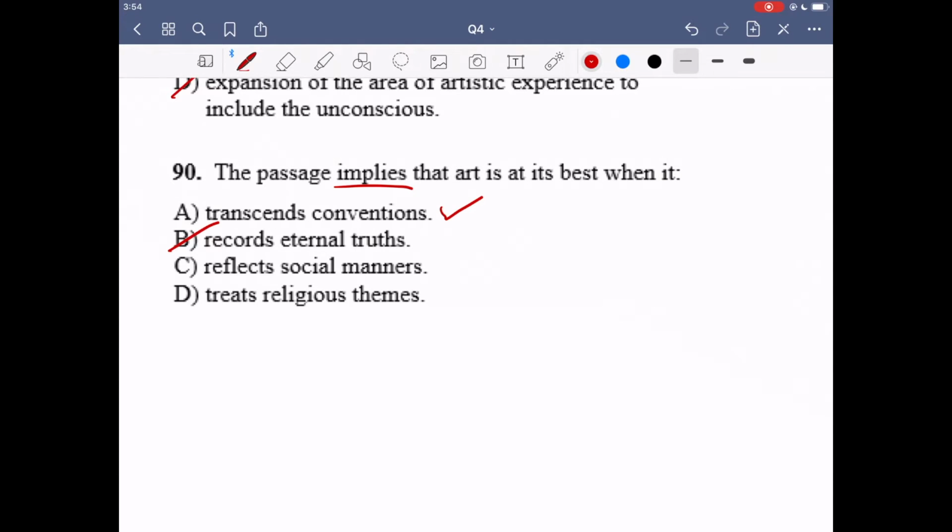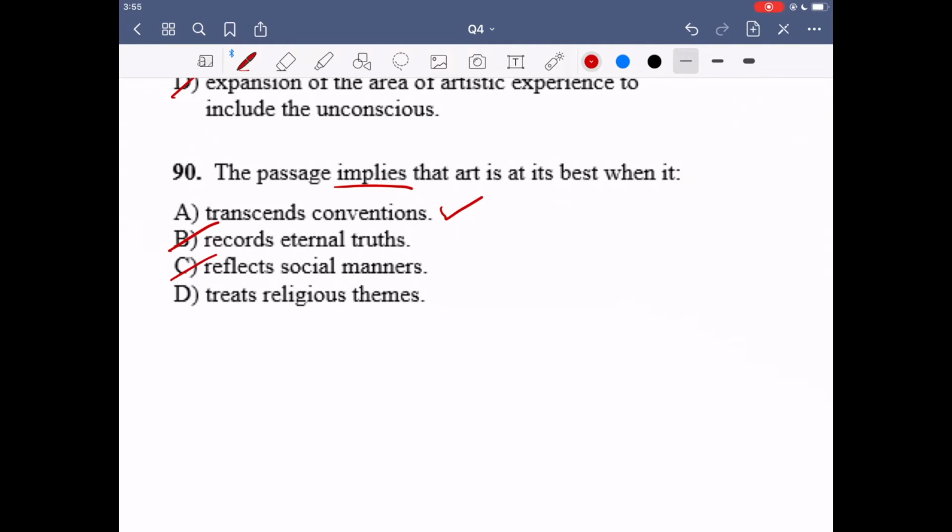This is brought up in the last question as well, but the author is not going back and forth about eternal truths. They mention eternal truths somewhere in the passage, but it's not at all relating to the main point of the passage. So option A does relate to the main point of the passage, but option B isn't really something which was discussed. The author is not really arguing anything about eternal truths and one thing being more true than another thing, and they're not implying that art is better when it records eternal truths. It can be about honestly anything. They're talking more so about the training and the conventions that the artist follows.